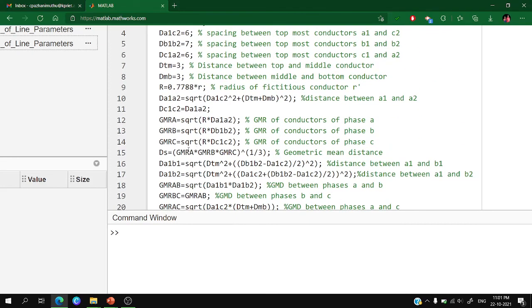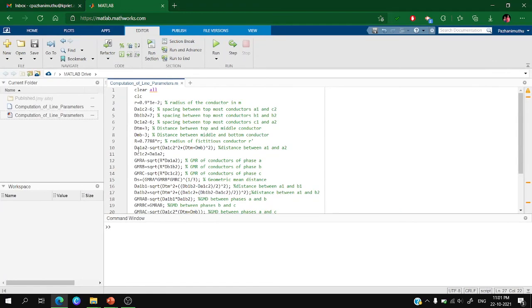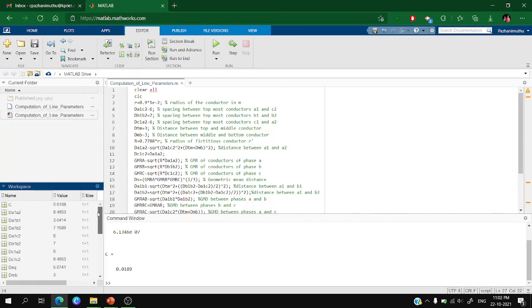After completing this program, I am going to the editor menu and clicking run. Already I have saved the file, computation of line parameters. File name is computation of line parameters. You can see what are the variables declared here. All the variables, the values will be stored in the